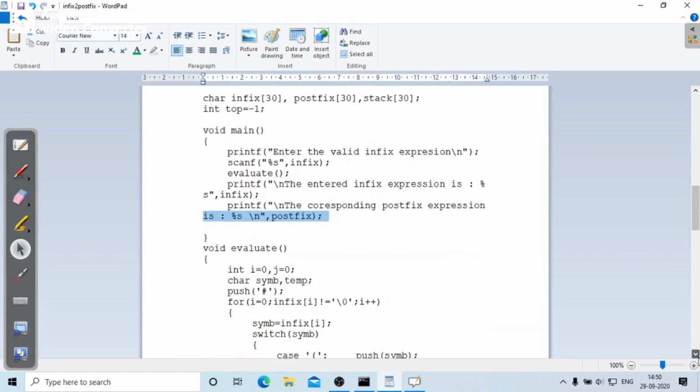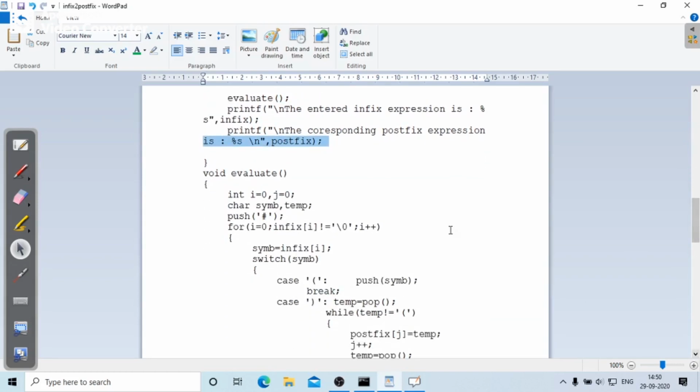Next, coming to evaluate. Here in the evaluate function, I'm doing the conversion job. It is not an evaluation job, only the name I have given is evaluate. Now, as I told in the steps, first I'm going to insert a hash, which is the stack bottom symbol, and then I'm going to use a for loop to process each character of the infix expression.